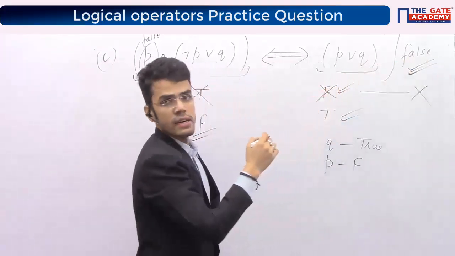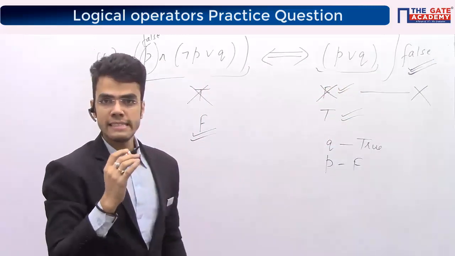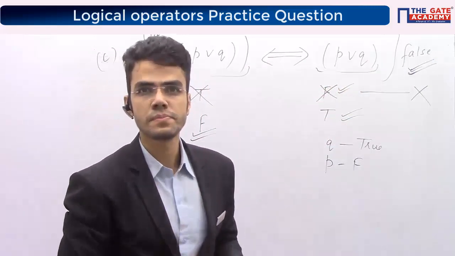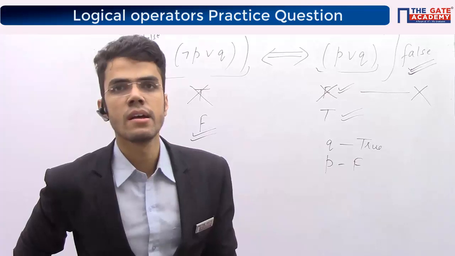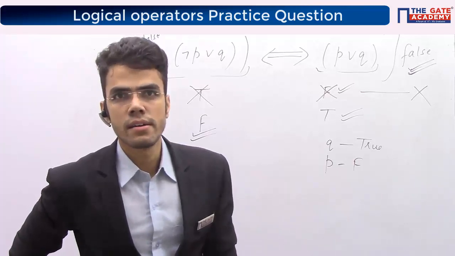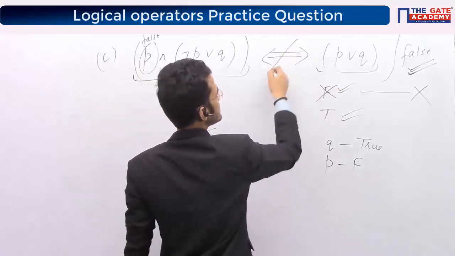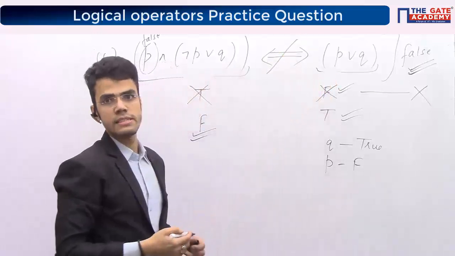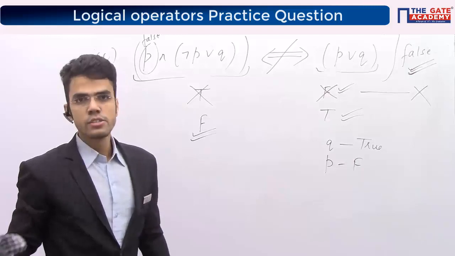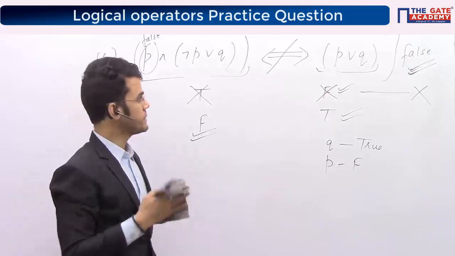Okay, we'll go one by one. Is this much clear now? Right. So if this is clear, then since I have generated the false case, I am saying this is not equivalent to this, which means my option C is wrong. Right. So moving on to option number B now.